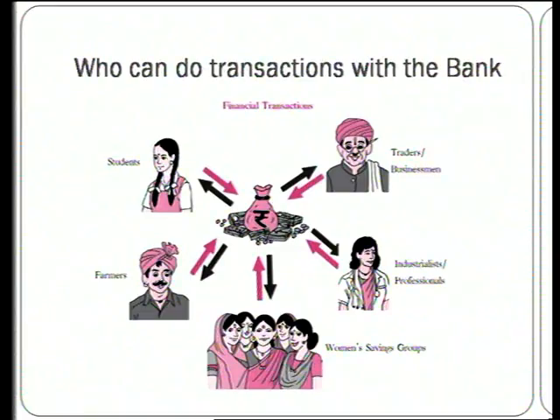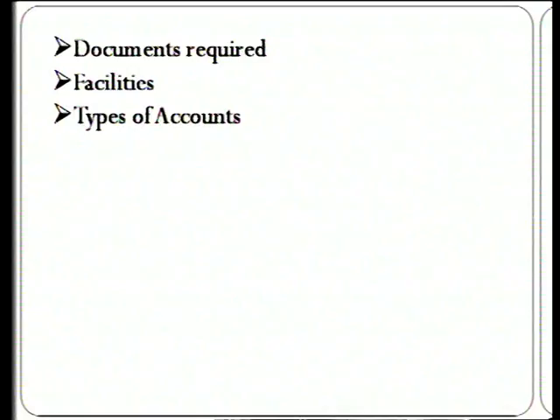Teacher can share which type of benefits one can get through bank. Everything is given in textbook. Which documents are required for bank, that is also given. Facilities are given. Types of accounts are given. Teacher should discuss with students. Teacher can ask students the benefits, the types of accounts like this. Now the next topic which is given is simple interest. So many types of interest are there. Simple interest is kept in